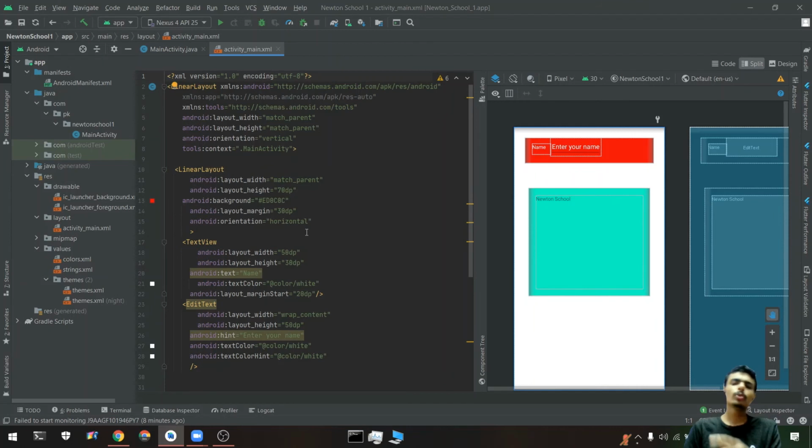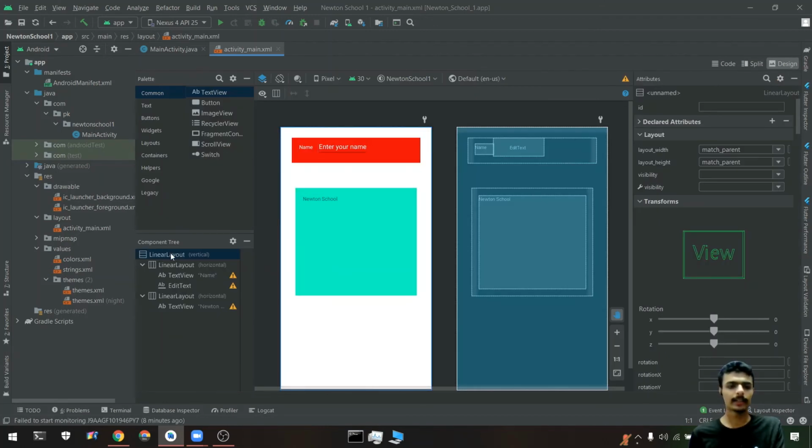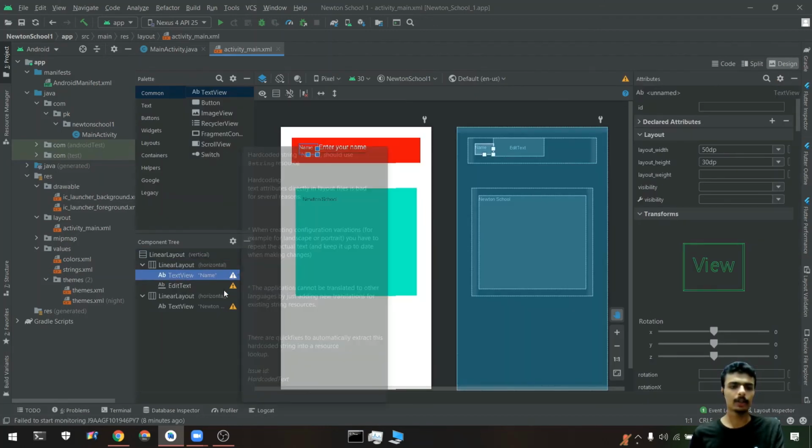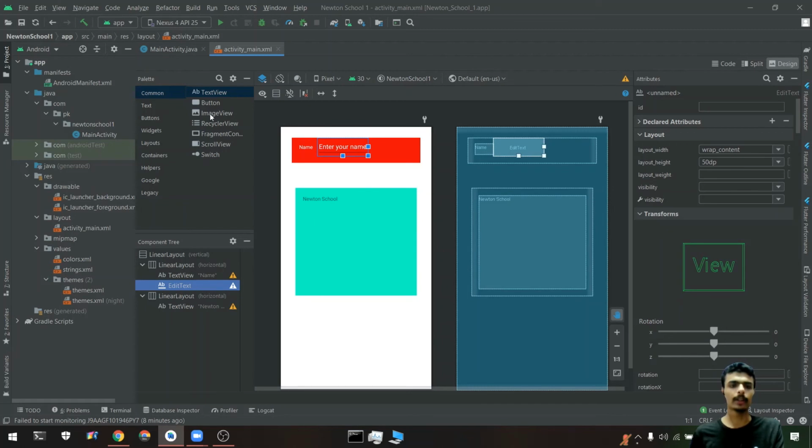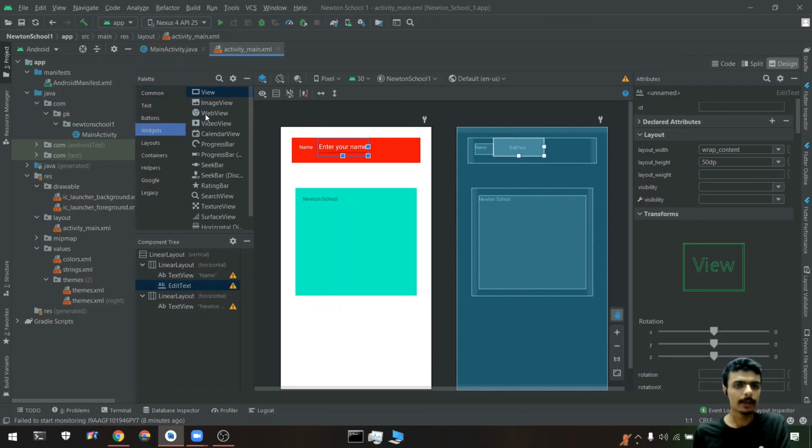Okay, and also if you are not good with the coding part, you can just click over to design and see all these layouts and edit text are here only. If you want to drag a linear layout, you can go ahead with the widgets part or something like common layouts.